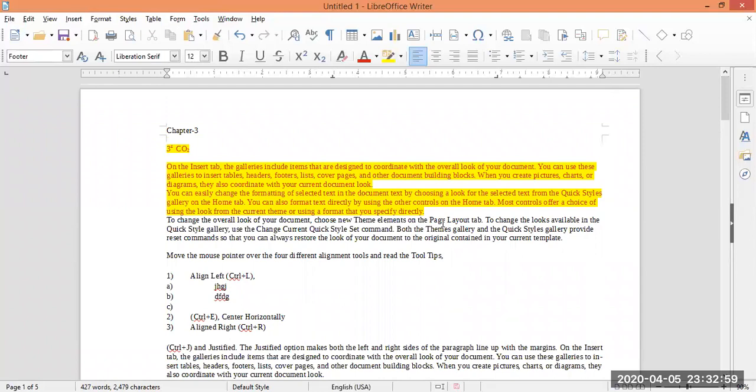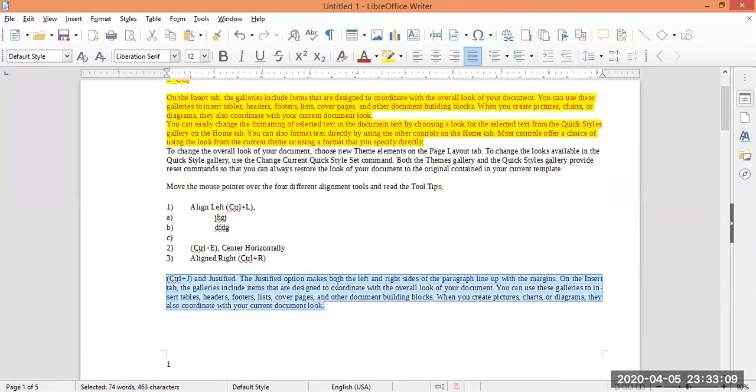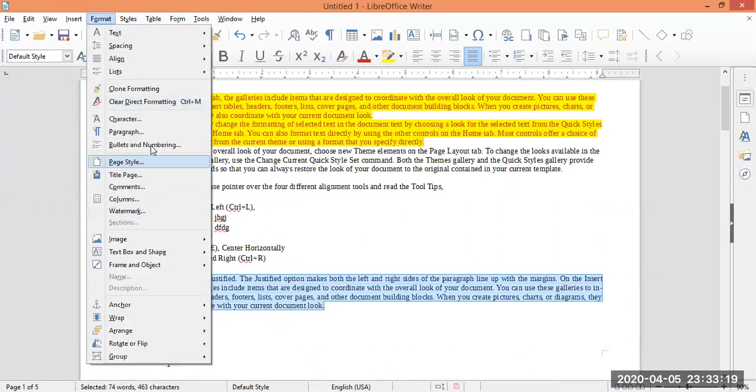Next is inserting or applying border and background. So first of all, again, you need to select the paragraph where you want to apply a paragraph border or paragraph background color. Then click on format, then paragraph.